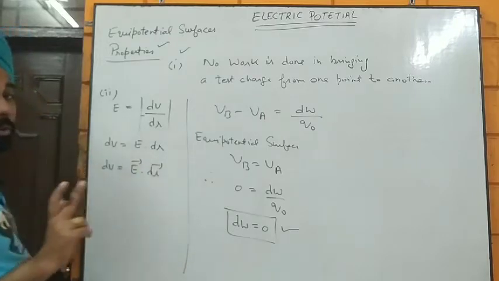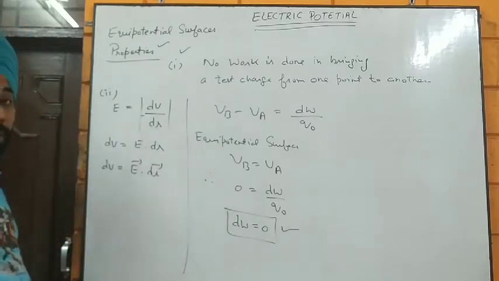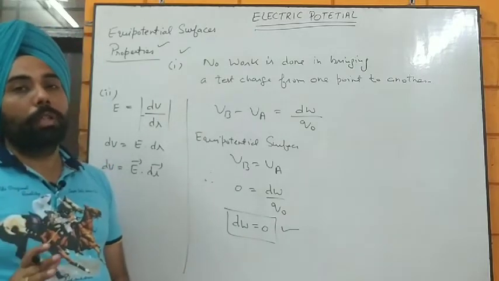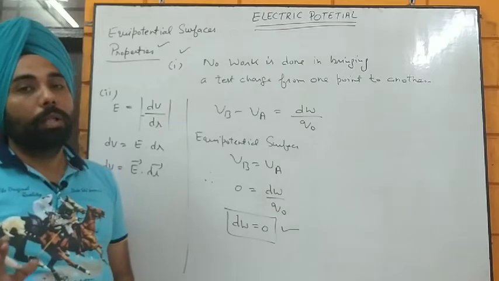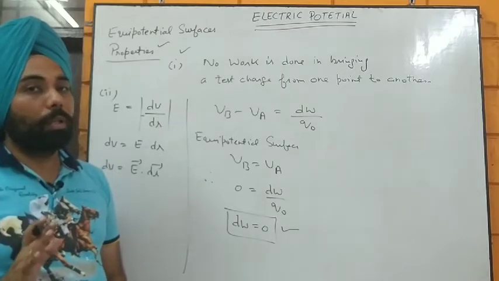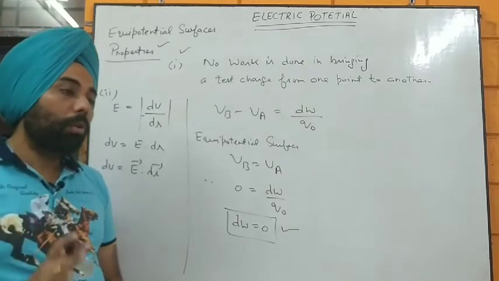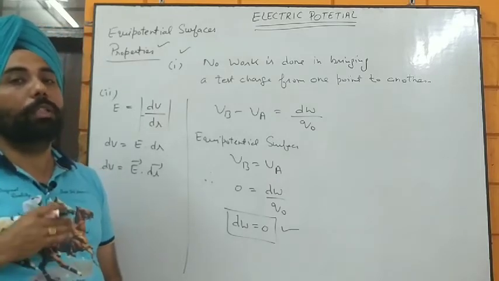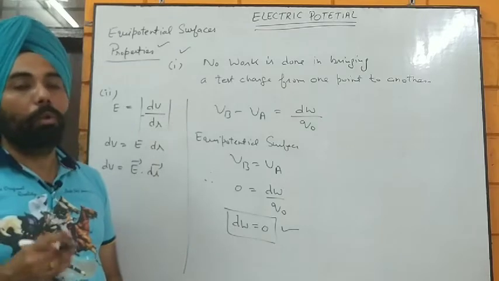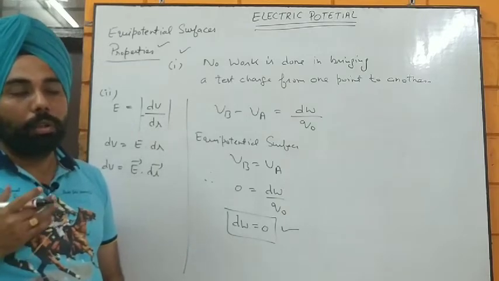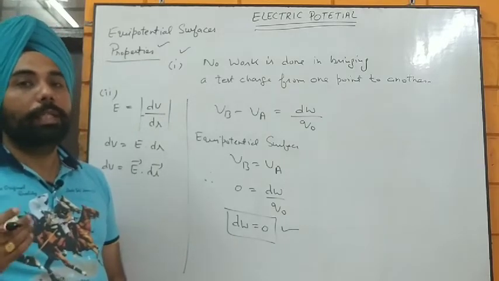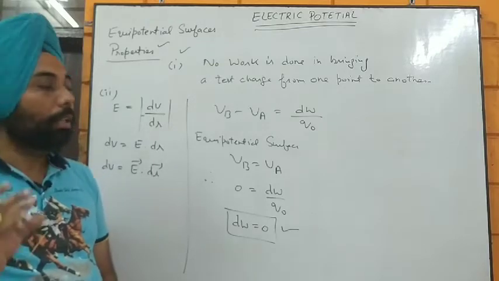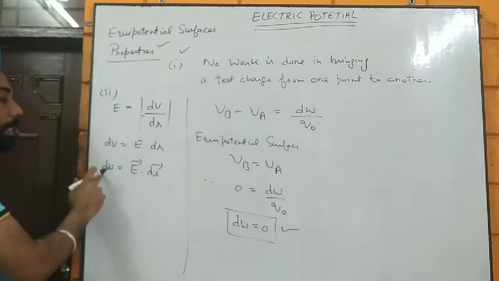But mind you, the potential is going to be a scalar quantity. Potential has a definite direction, it always moves from high to lower, but it is not a vector quantity because it's not going through any vector algebra, which means it's not following the parallelogram law of vector addition, or you can say the triangular law of vector addition. It's simply using simple mathematics. So that's why the potential is a scalar quantity.